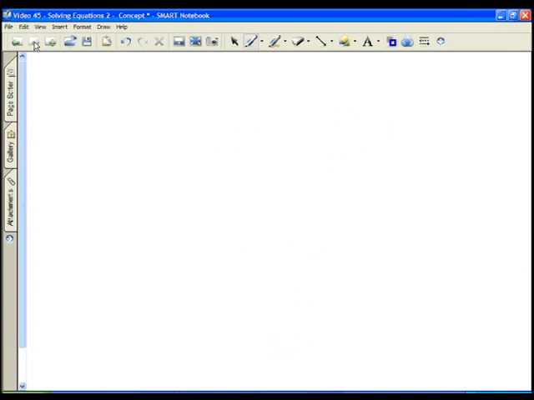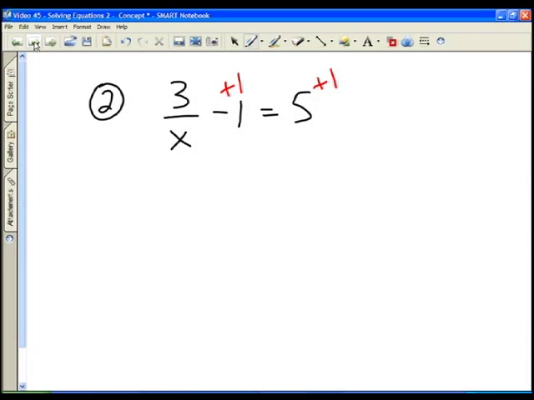Now, what about something like this, when the variable is in the denominator of a fraction? So let's look at a simple one like 3 divided by x minus 1 is equal to 5. Well, we've got to do the same thing. We notice here that we have fractions, so the first thing we should do is get rid of our negative 1. And so we add 1 to both sides, and our equation now becomes 3 divided by x